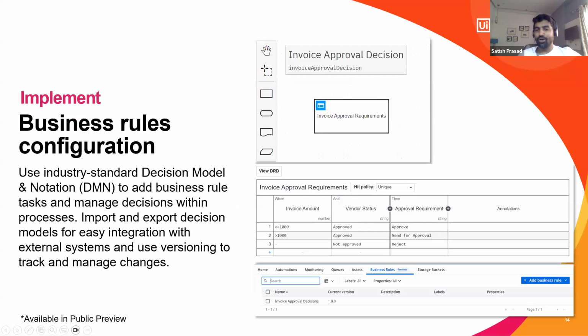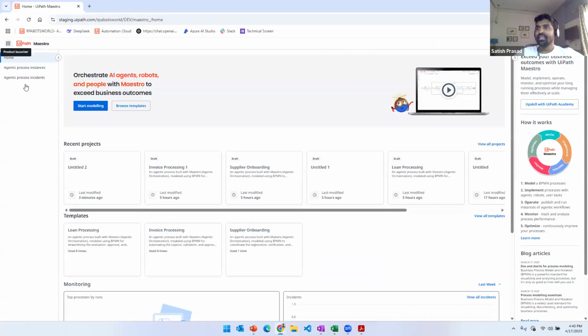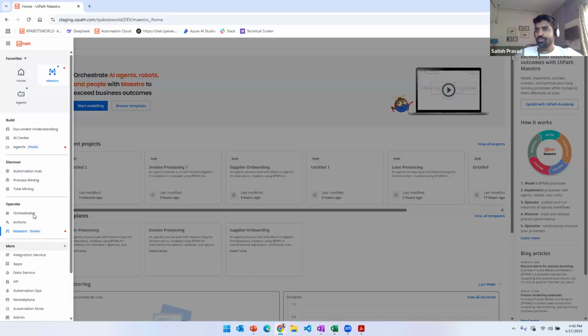The second thing that I wanted to talk about is the business rule. This is really helpful, guys. And I explained it, right? So far, we are writing all of these things into if, else, and switch-based conditions, right? Instead of doing so, what we can do now is define these business rules in any other decision model notation tool available in the market. You can design that outside and bring that into UiPath too. There is also a capability in UiPath Orchestrator as well, and there you should be able to design this too. I'll quickly showcase how you should be able to do that.